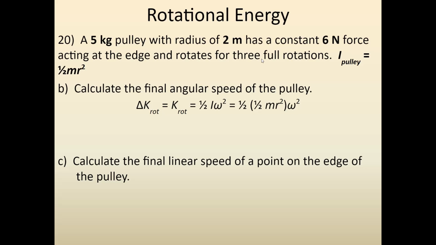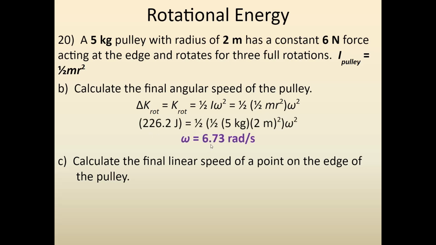The initial rotational kinetic energy was 0, so this change in kinetic energy is just going to be equal to the final rotational kinetic energy, which is equal to 1/2 I omega squared. And we can plug in the rotational inertia of the pulley that they gave us for I. So when we plug all the numbers in, we get the angular speed to be 6.73 radians